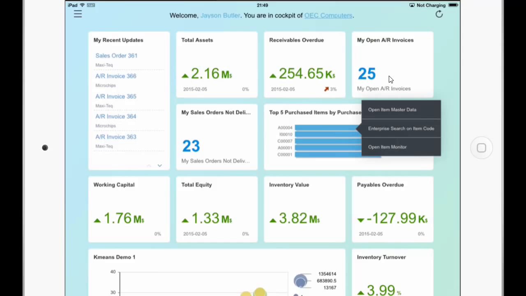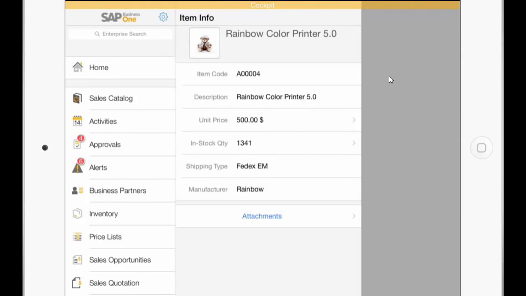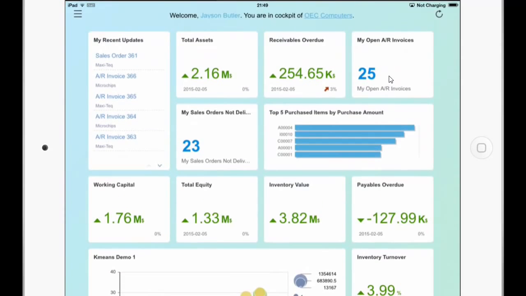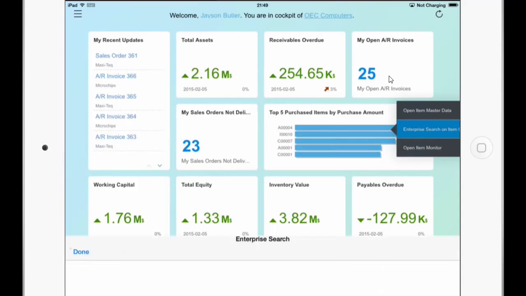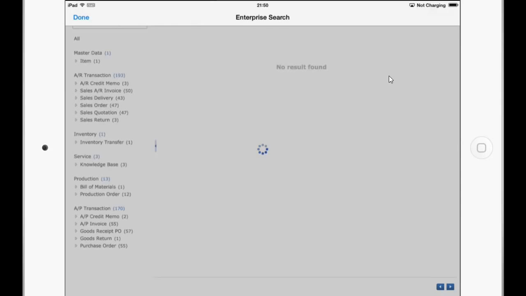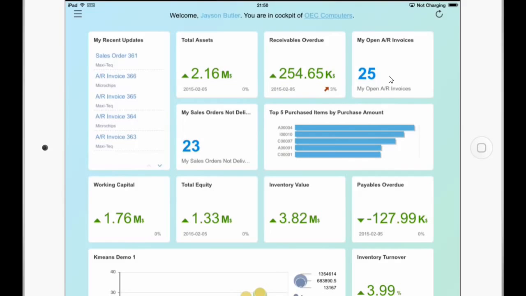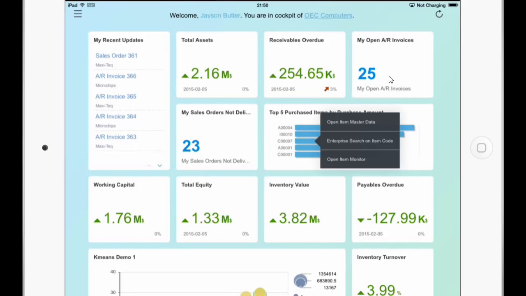So I can open the item master data, which I have clicked. Alright, and when I press on top on the orange bar, I will get back to the cockpit. And if I do a long press again, I can start the enterprise search for this item code. Okay, done. And I can also now choose, for example, a different item, the second one or third one, and